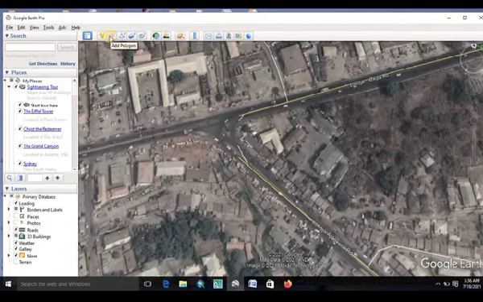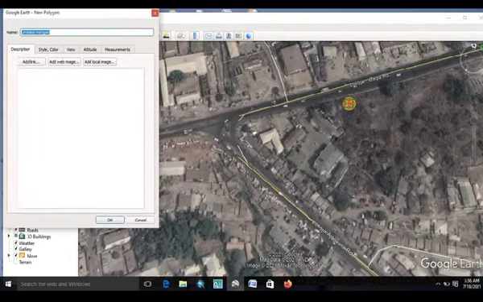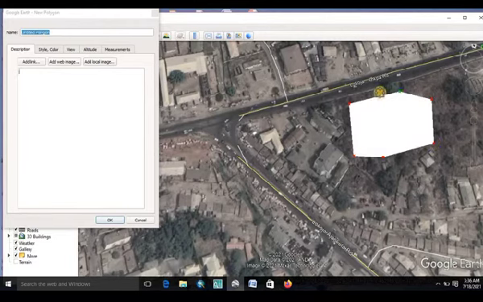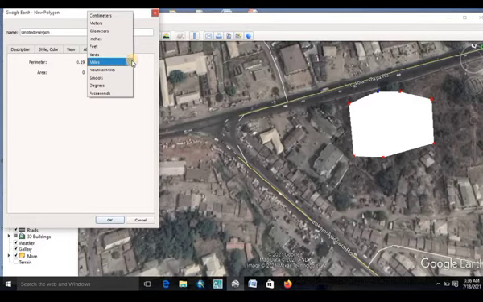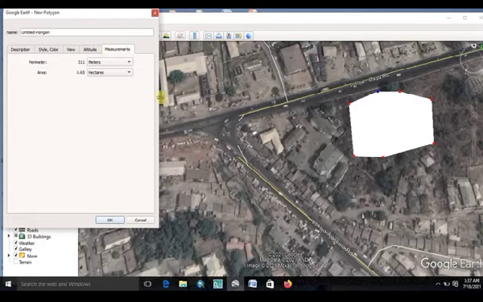Then you have the add polygon. The add polygon is nothing but you can use it to mark out a particular place of interest on your imagery. That's what you use it for. Aside from that, you can use this add polygon to know the total land area of a particular place. Now let me click on meter, square mile, and change it to hectares. You can see that this place which I marked out, the perimeter of this place is 311 meters and